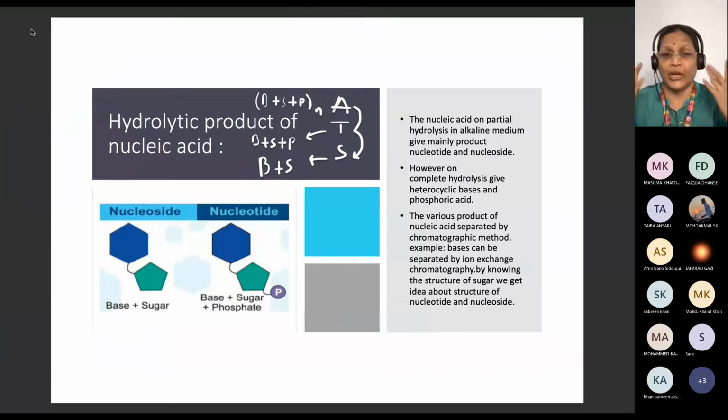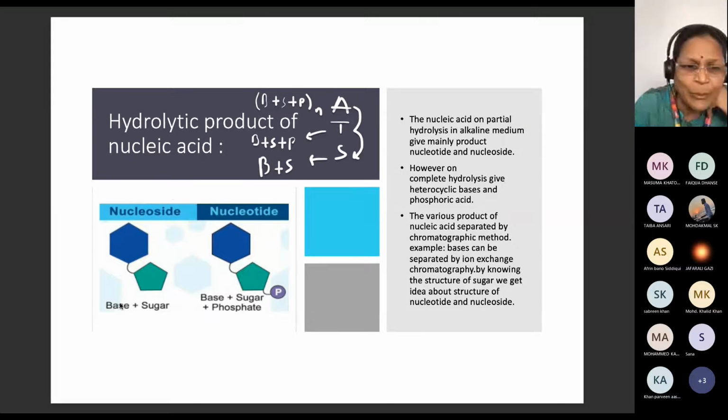Nucleic acid on hydrolysis gives nucleotide. Very good. Nucleotide on hydrolysis gives nucleoside. Nucleoside is nothing but a